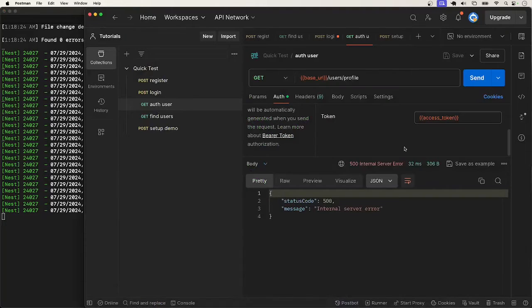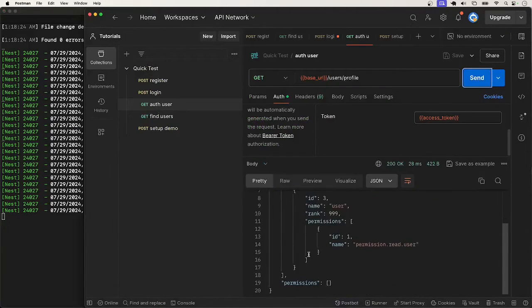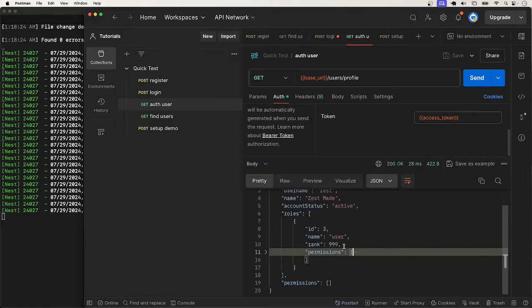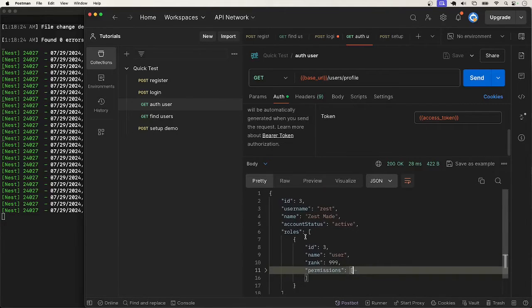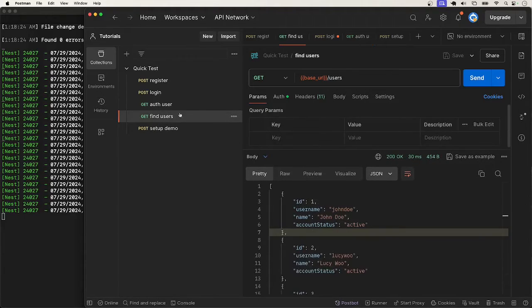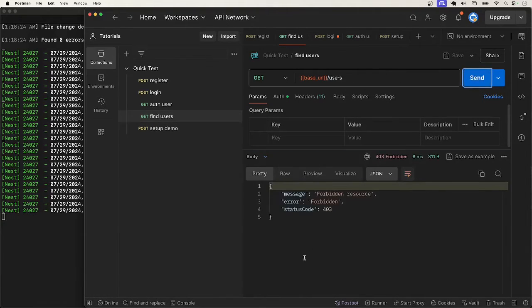And I'll go back and call this endpoint. We have the authenticated user, which is this user that has only permission, not permission, we're not talking about permission now, has this role. What the heck? The role is user. If I try to call this endpoint now, we get a 403 forbidden because this user does not have any